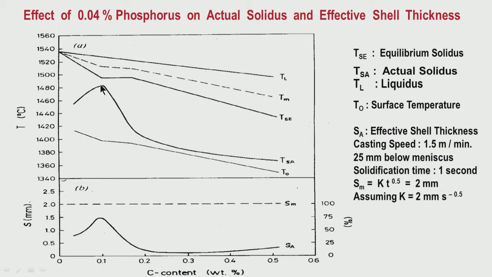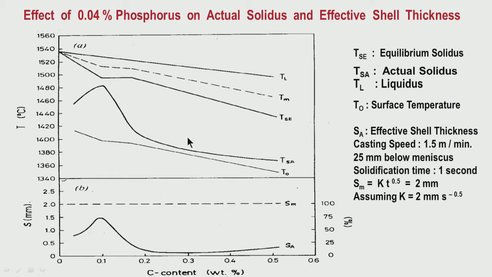This difference is quite more. You look at this figure, it is quite more at 0.1% carbon. So at 0.1% carbon, the solid shell is relatively thick and the mushy zone is relatively thin. But as you are going to high carbon levels, more than 0.2, what is happening? The actual solidus is coming down. So the temperature interval between liquidus and actual solidus is increasing. This temperature interval was relatively less for 0.1% carbon, but for 0.2, 0.3, 0.4, here you see the difference between the liquidus TL and the actual solidus is quite high,